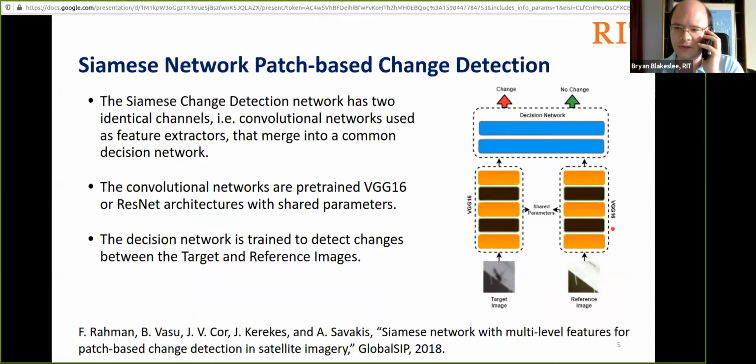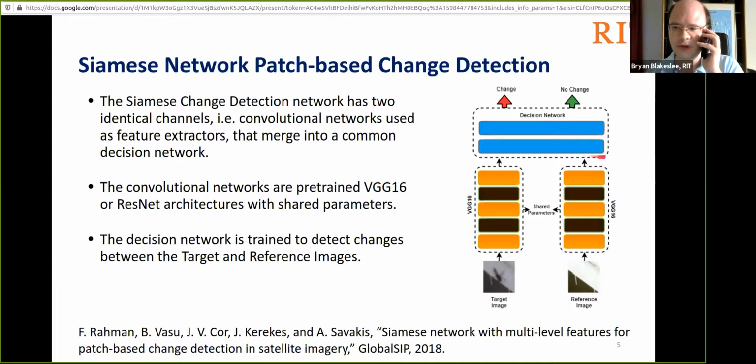In this particular instance, the output of the encoders are fed into a decision network, which is the part of the network that's actually trained. That network just emits basically a single bit, either a change or a no change event for a particular pair